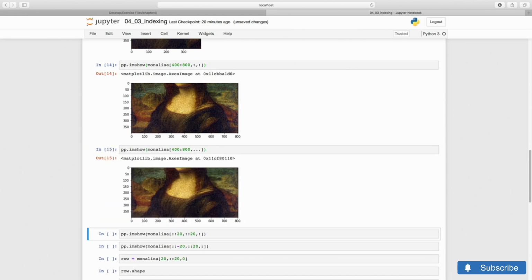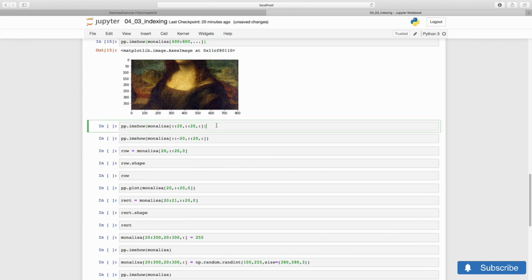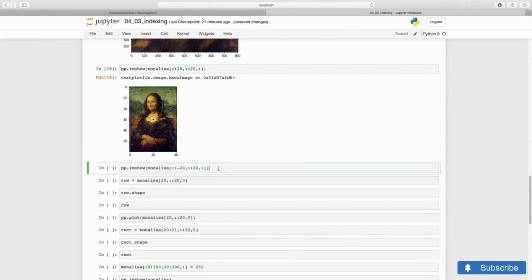We can also specify a step which has the effect of reducing the resolution of the picture, because we're taking every 20th pixel. See the black dot in the middle? It's there because earlier we assigned 0 to all three color channels for pixel 600, 400. The single pixel was invisible at higher resolution, but it's one of those selected by the slice with steps of 20. How about slicing backwards?